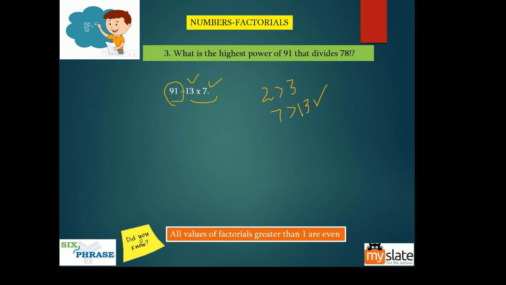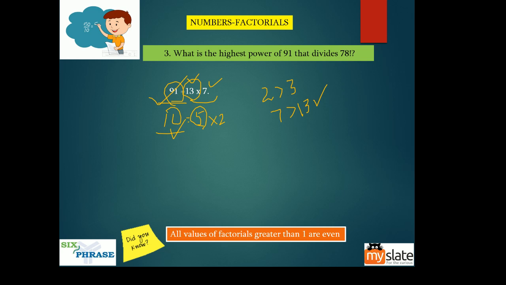Okay, guys, this is like 10 equal to 5 into 2. This is composite, this is also composite. So here you just need to find how many 5s there were to tell you how many zeros there were. Similarly here, how many 13s are there, so that you can find how many 91s are there. Because the highest power of 91 that divides 78 factorial is nothing but the number of 91s in 78 factorial.